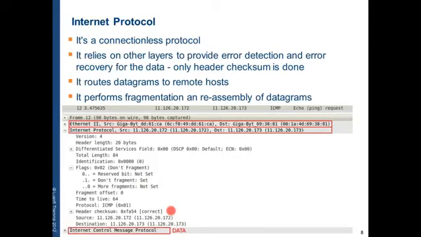And also here we do the fragmentation, the one that I described above, when you have a packet too large to be sent whole. On the sending host, you do the fragmentation, and on the receiving host, you do the reassembly of the packet. The IP header contains the source and destination IPs, which are here in these lines.